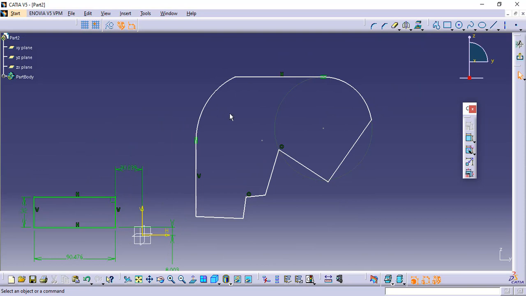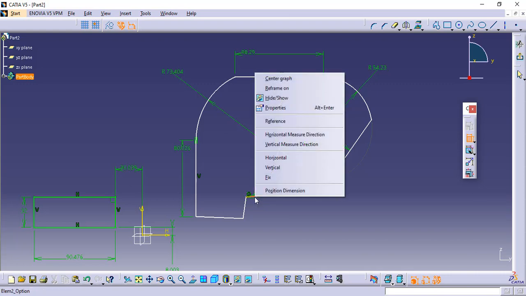Now in this sketch you can see this is tangency, this is coincidence. I will put the dimensions here. I will select this command, double click. I will put the dimension, define its radius dimension. You just need to left click and drag the dimension. I need the angle between two figures, so I select the first line, then the second line, angle. Same in this region, dimension.